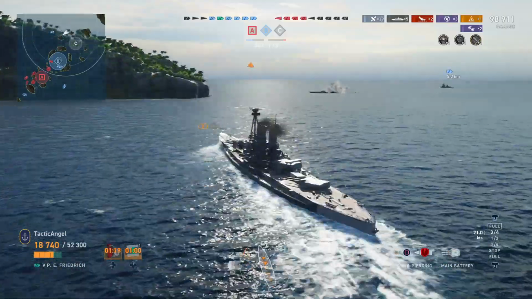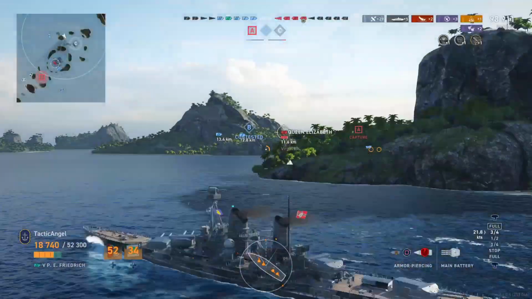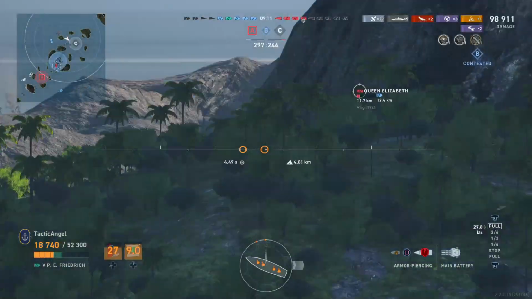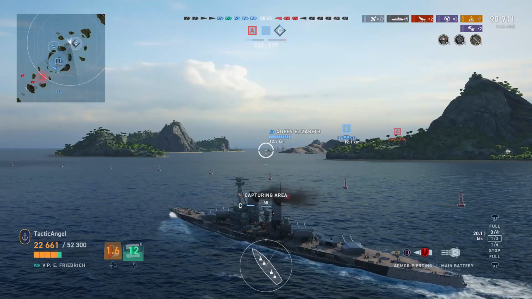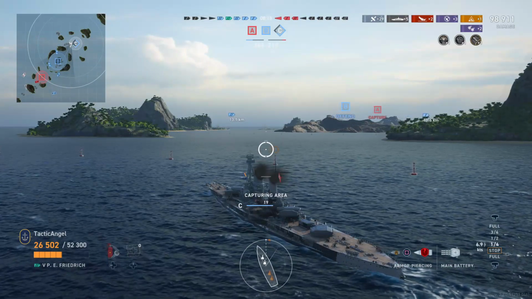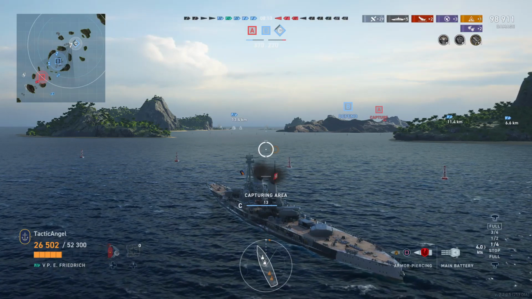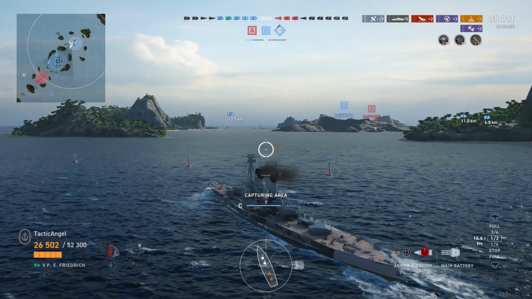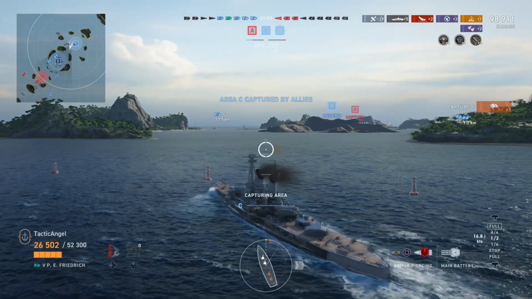Even though this is a game that I was playing for review purposes, I do still try to play the game like a normal player. That being, capture bases, try to help the people on my team win games. So here we are in the base, making sure to cap that. And like I said in my opening thoughts on this, the Prinz Eitel Friedrich, the one thing that maybe I do really like about it is the extra bit of speed that you get over most battleships at this tier. That allows you to move around the battlefield a little bit more freely. And now that we've got that,